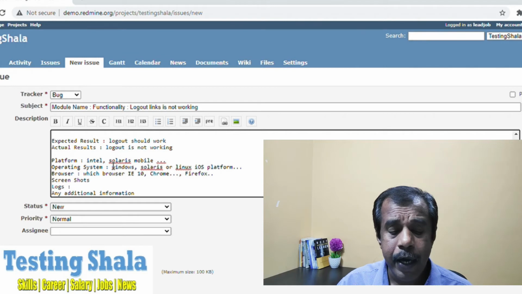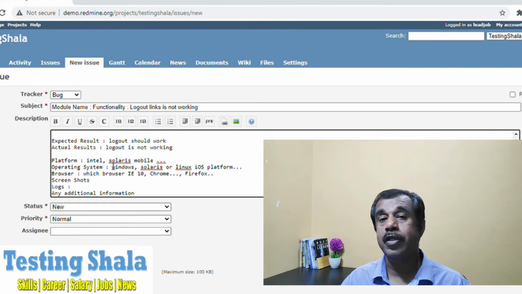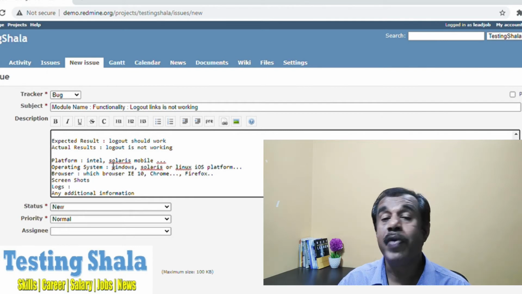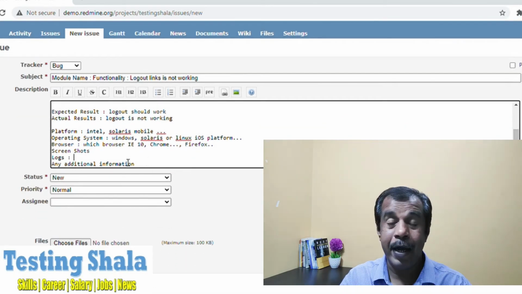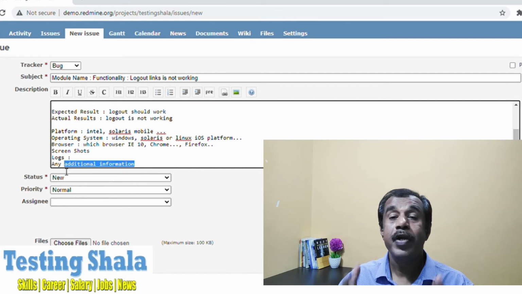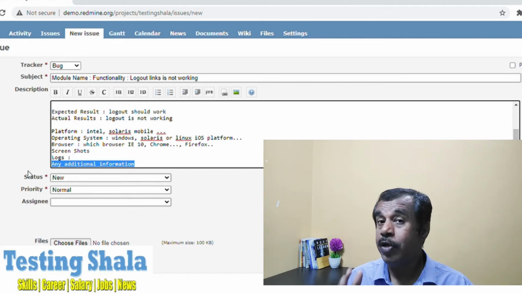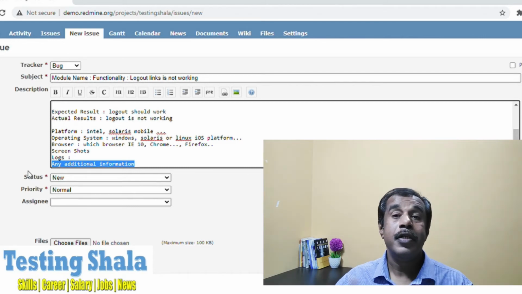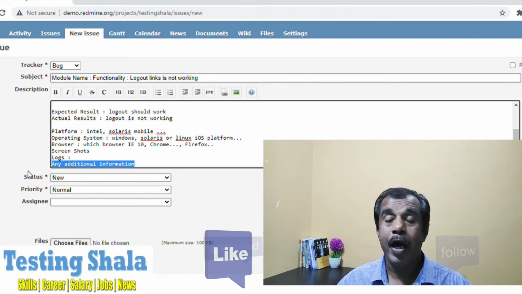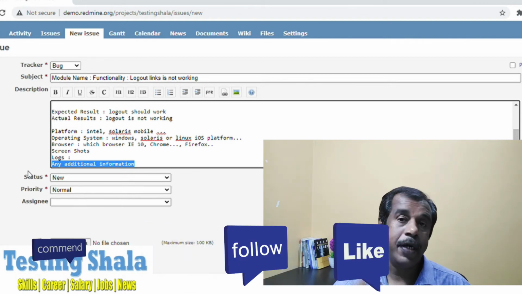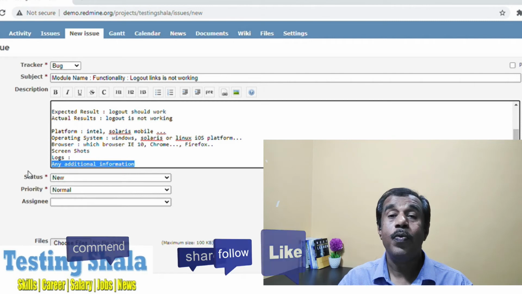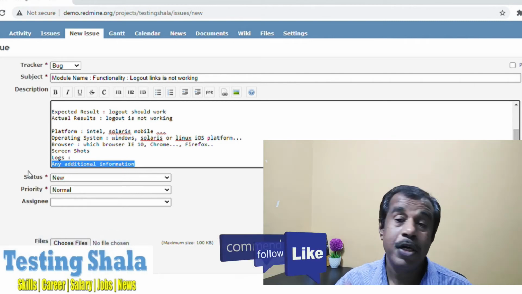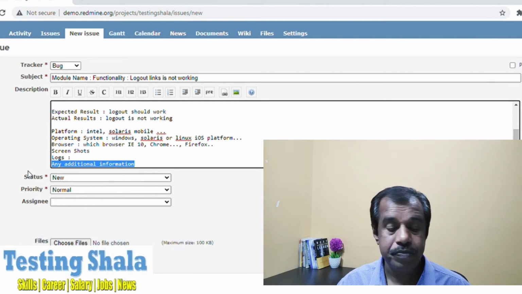Apart from this, if you have noticed or observed any other things, you should definitely provide that information as well. As a good tester, it is your responsibility and your job to give as much information as possible in your bug report, so that there is no to and fro between you and the development team. That is one of the very crucial factors you should always remember.